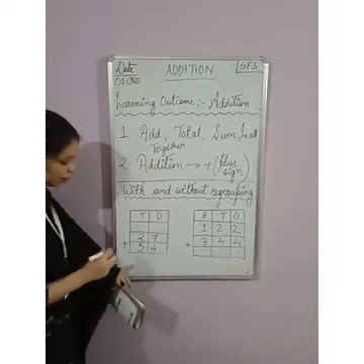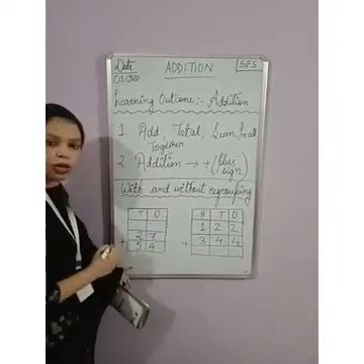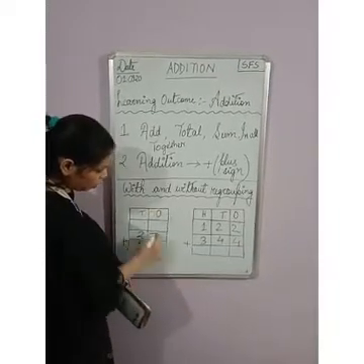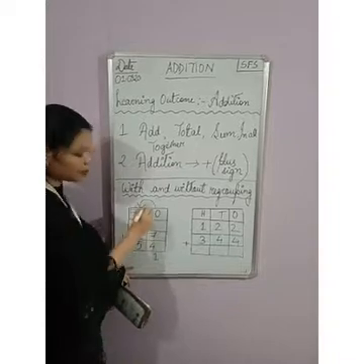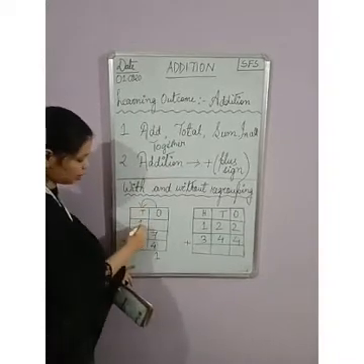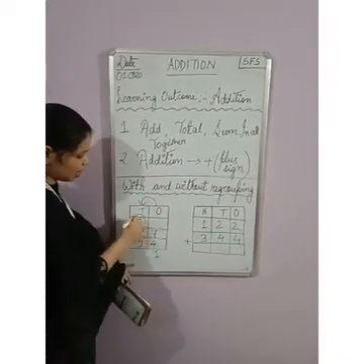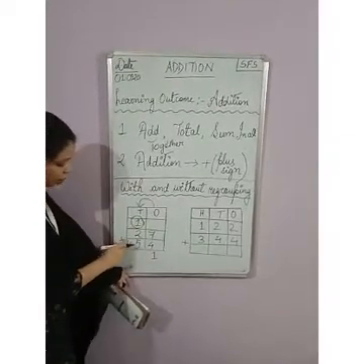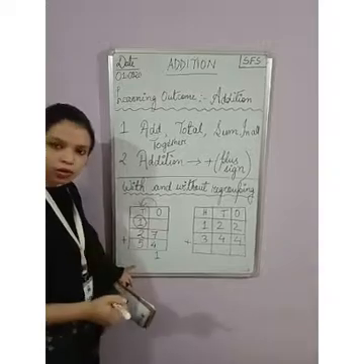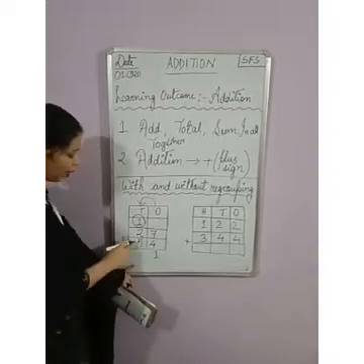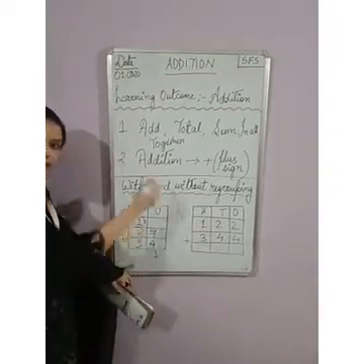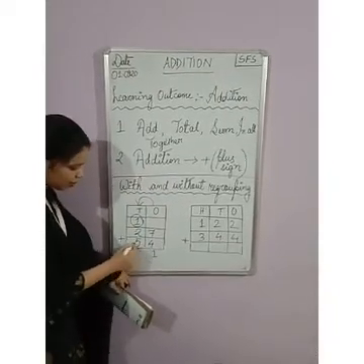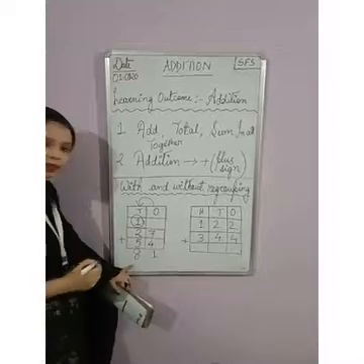Now let me add the numbers. 7 plus 4. What is the answer? The answer is 11. So 1 I will keep here and 1 will go from the ones to the tens place. The new number added to the tens place is 1, and I will circle it. Now I'll add the numbers. 5 plus 2 was already there from before, so 5 plus 2 is 7. Now I got 1 from the ones place, so 7 plus 1 is 8.